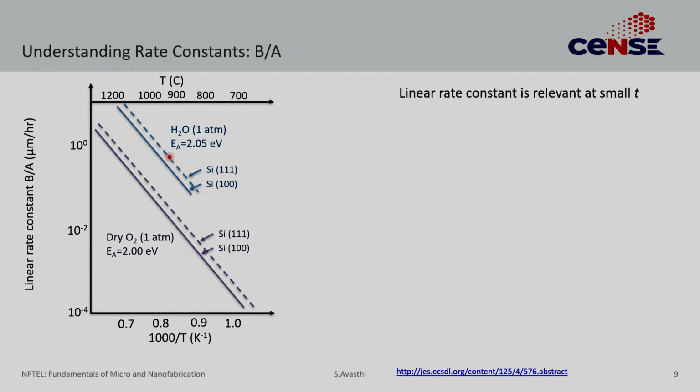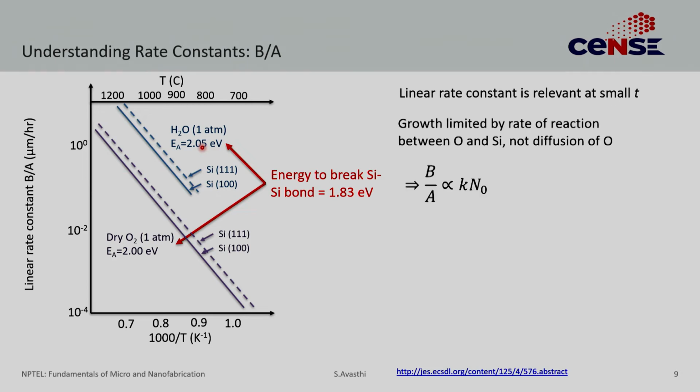Now, can we explain this observation based on the model that we have just made? The first way to understand the model is to always compare it to something physical. So, this activation energy is a fitting parameter right now, but can we relate this fitting parameter to something important? We can realize that the energy to break a silicon-silicon bond is around 1.8 eV. So, this value is fairly close to this. Now, does our mechanism support this? Well, let us look at it further.